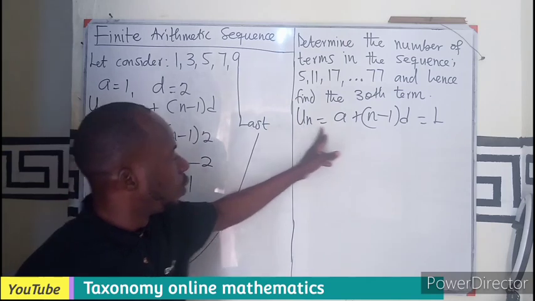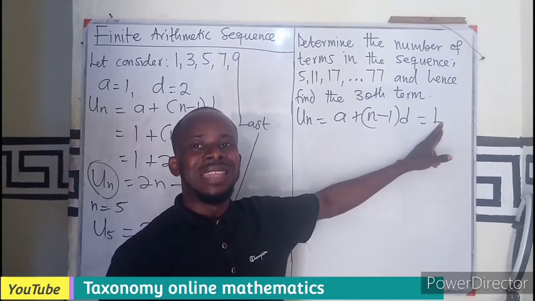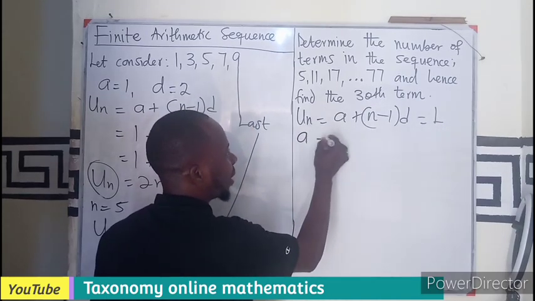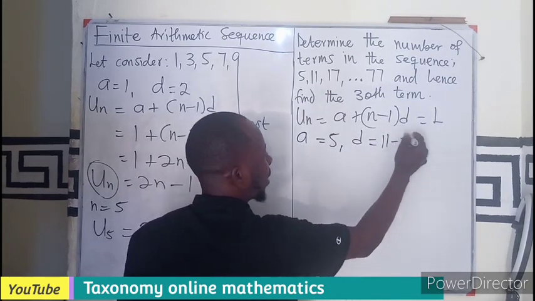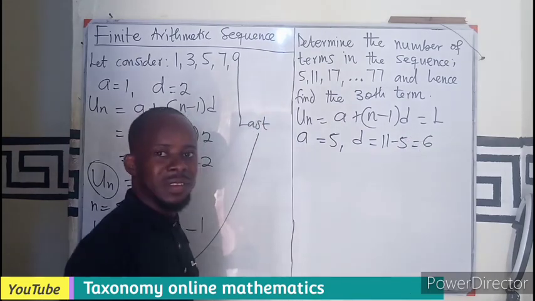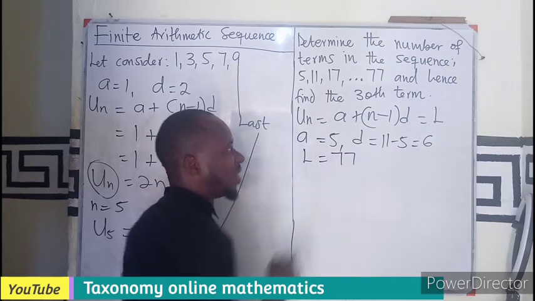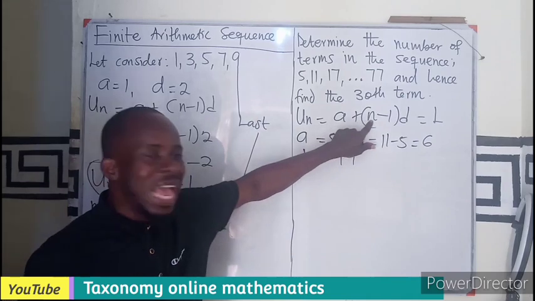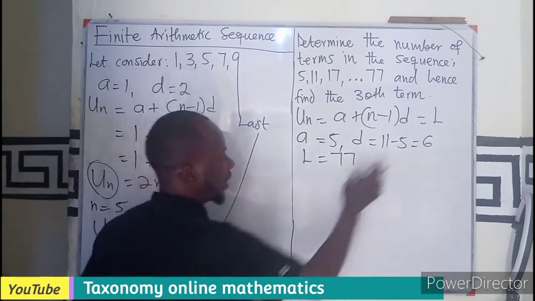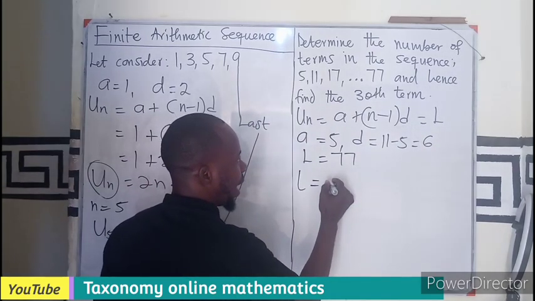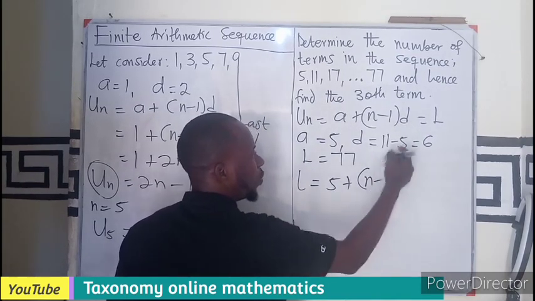So I can just follow the procedure that says that the nth term is the same as the last term. Therefore, we know our a in this sequence to be 5, common difference to be 11 minus 5, and that is 6. Right here, we also know our last term in the sequence to be 77. The nth term you're looking for is the n, because if the n is 4, this thing is the 4th term. So that simply means that your L equals a, which is 5, plus (n − 1) times d, which is